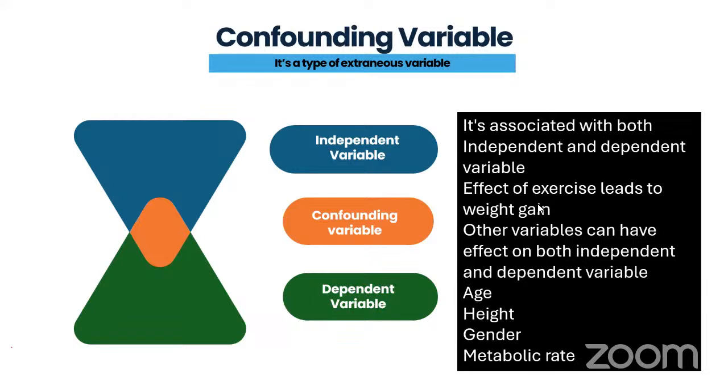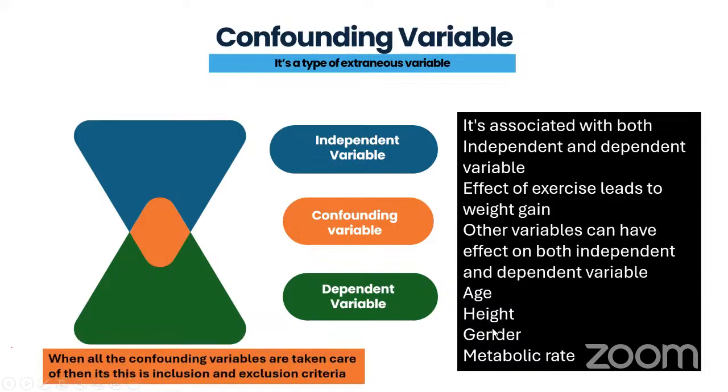इफेक्ट ऑफ एक्सरसाइज लीड्स टू वेट गेन। Other variables can have effect on both independent and dependent. Weight gain एज से रिलेटेड भी हो सकता है, एक्सरसाइज एज से रिलेटेड भी हो सकती है। हेल्थ, हाइट एक्सरसाइज से रिलेटेड भी हो सकती है, वेट गेन से भी हो सकती है। जेंडर, मेटाबॉलिक रेट बहुत इंपॉर्टेंट है। सो आपके लिए कंफाउंड, ये देखें, ये बड़ी इंपॉर्टेंट बात आ गई।